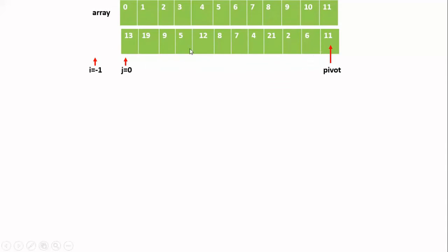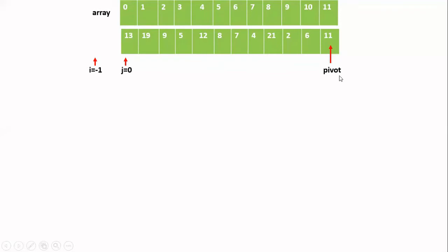The lower index of that array is 0, so I have to make j point to that particular element. So j is now set as 0. Now, what is i? i is nothing but low minus 1. Now, low is 0, so set i to minus 1. So these are the initial values you have to set.